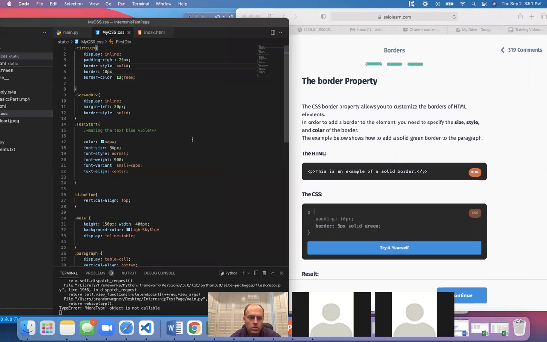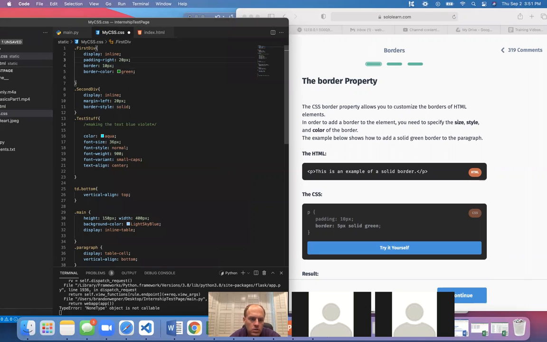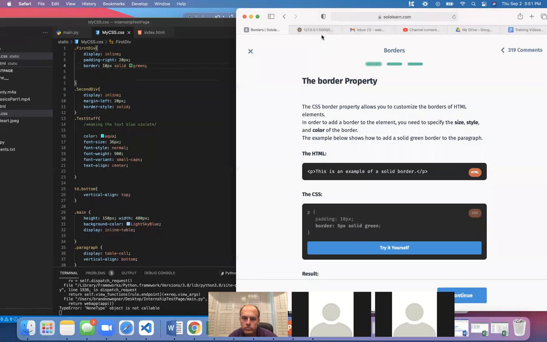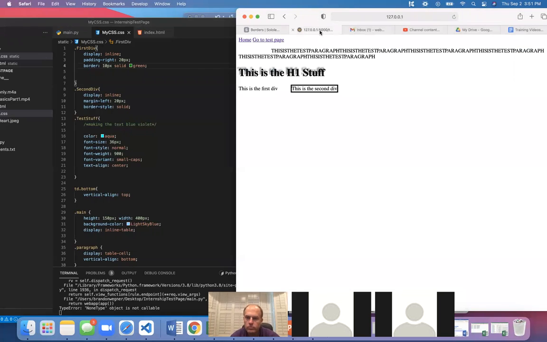Okay, whatever. Let's just do this. Get rid of that. There you go. So yeah, if you want to just do border, you got to do size, style, and green,